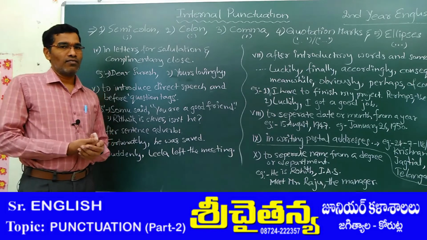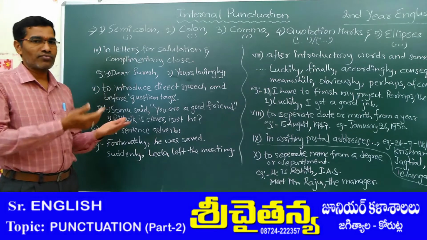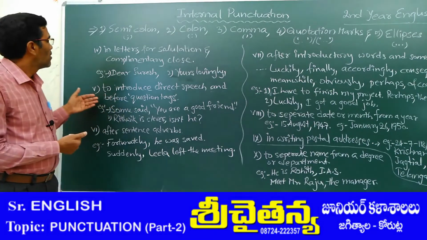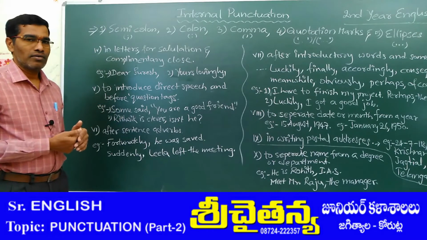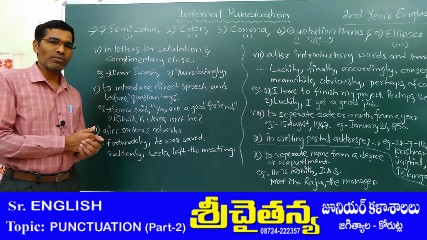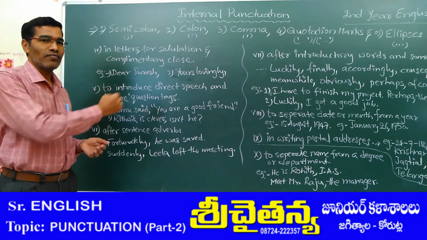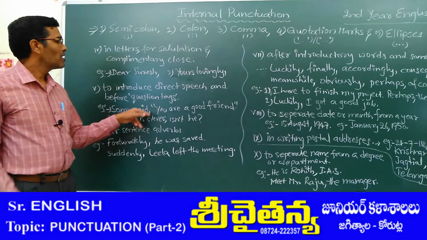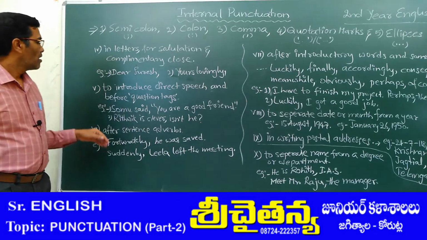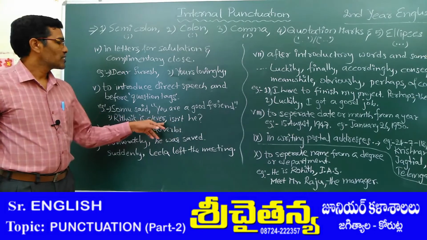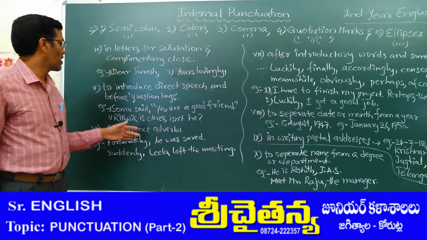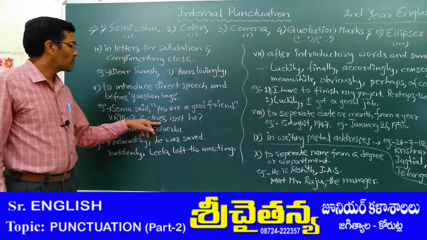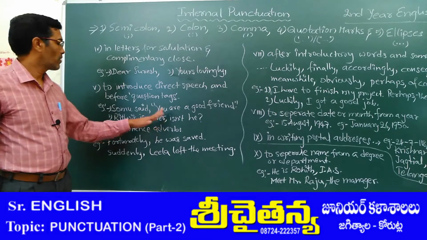In our first year, while discussing direct indirect speech and question tags, we know that in direct speech there are two parts. One is the reporting part. After the reporting part, we must use a comma, right? Sonu said, comma, you are a good friend. Before a question tag, that means after the statement: Ritvik is clever, isn't he? After the statement, we use a comma, right?